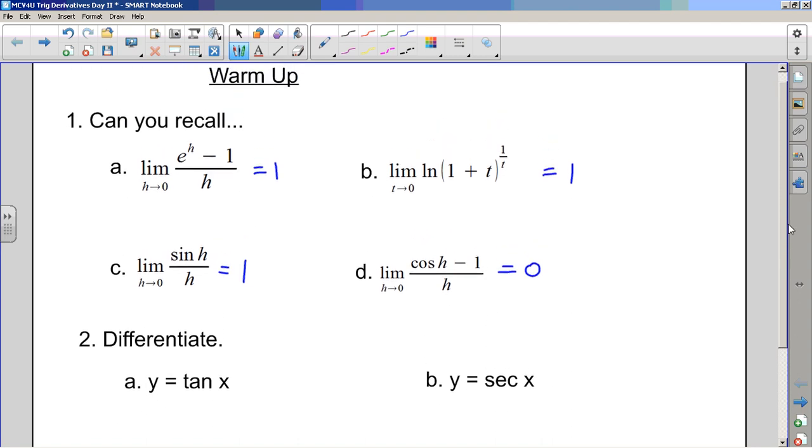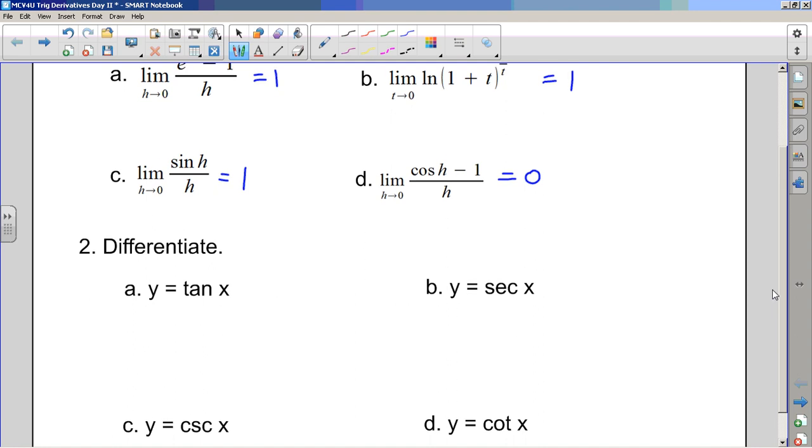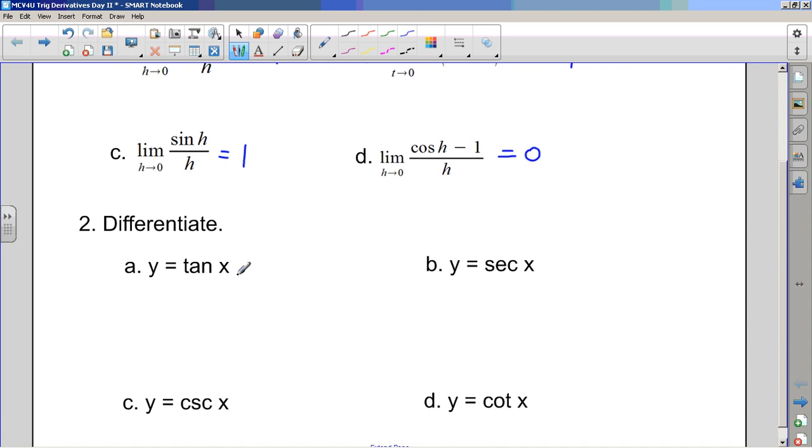So what's up today? Well, we've got more trig derivatives to learn, and the idea here is, let's change these ones into stuff that we know, and hopefully you gave this a go. Tan is sine x over cos x, and so if I took the derivative, this is going to feel a lot like a quotient rule. Derivative of the top, right down the bottom, minus right down the top, derivative of the bottom, over the bottom squared,